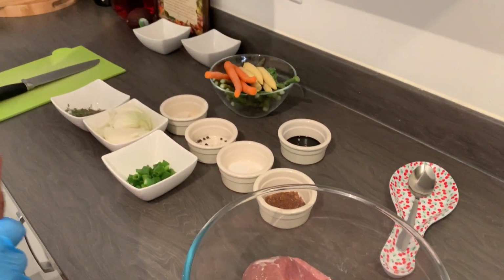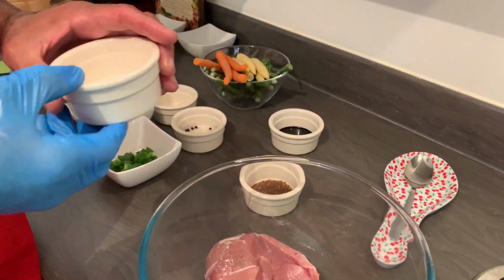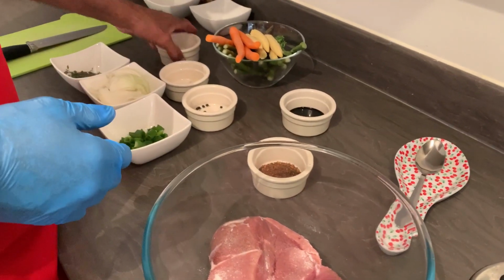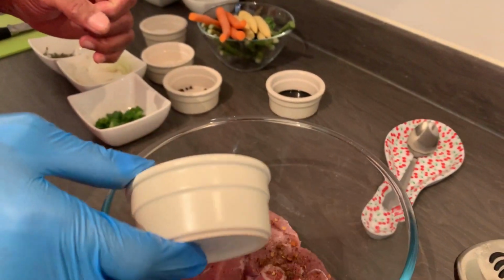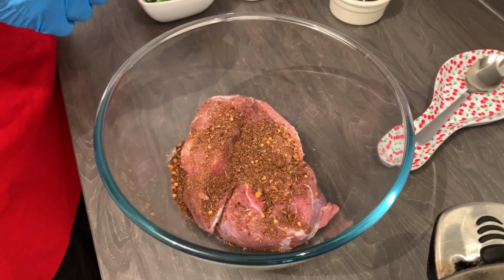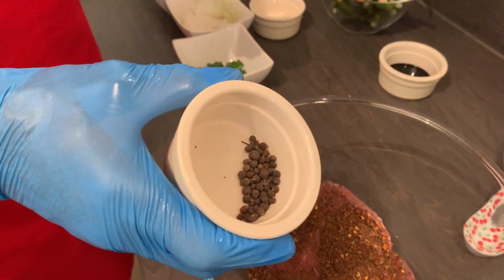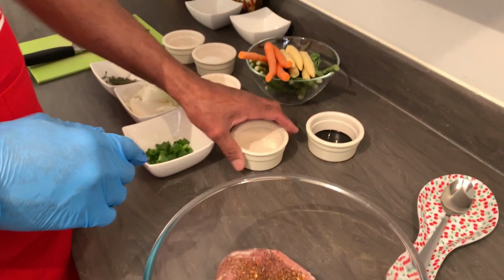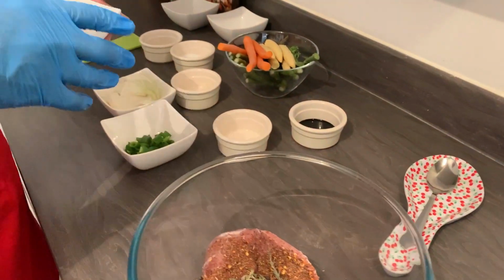And I'm gonna season my lamb steak, and I have a teaspoon of salt. I have some jerk seasoning, dried jerk seasoning, 1 teaspoon, a teaspoon of pimento seeds, and I have a sprig of thyme. This is dried thyme,